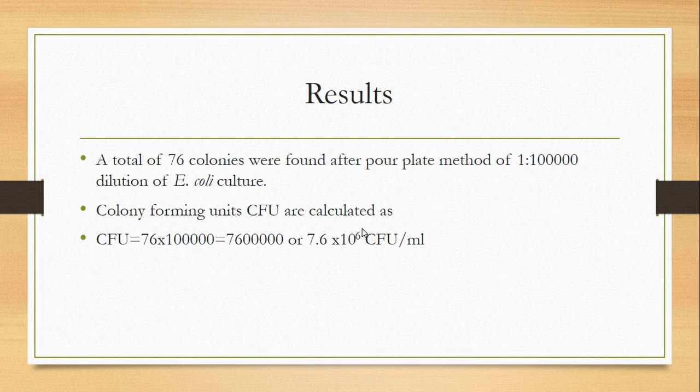Why per ml? Because we use 1 ml of the 1:1 lakh dilution.